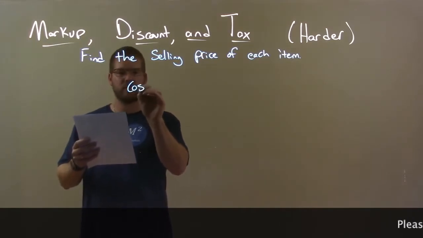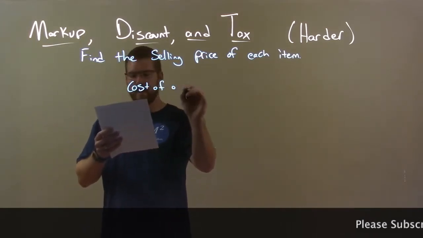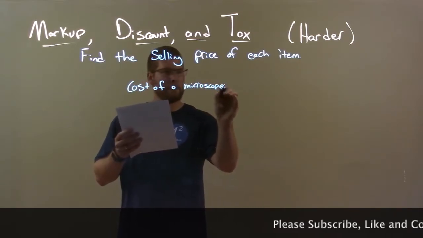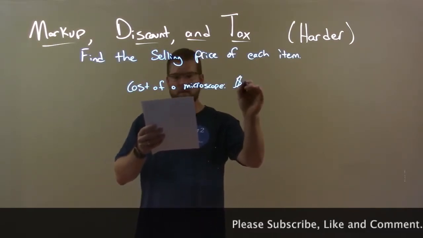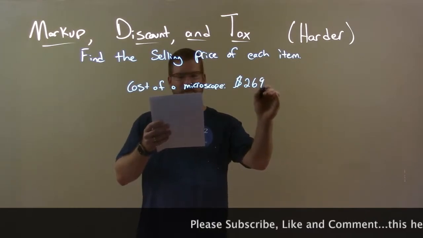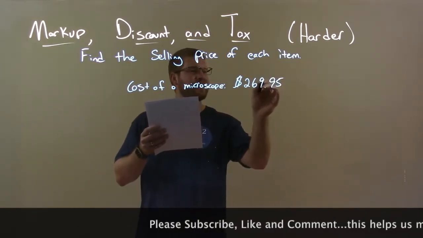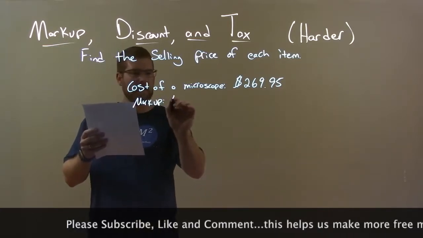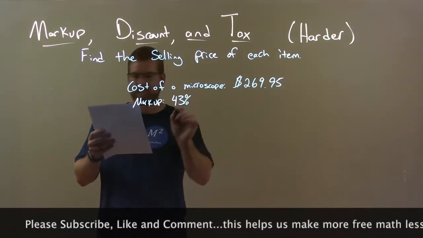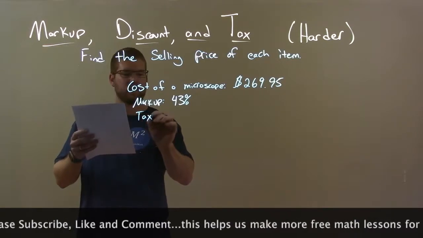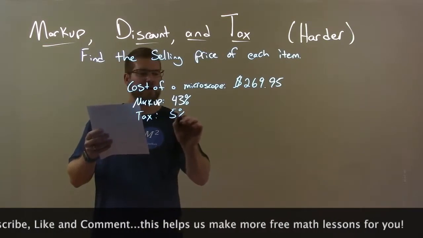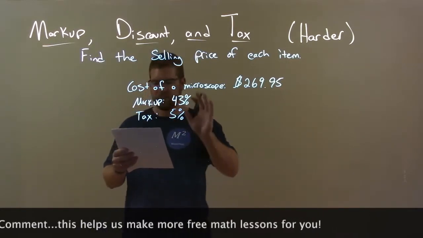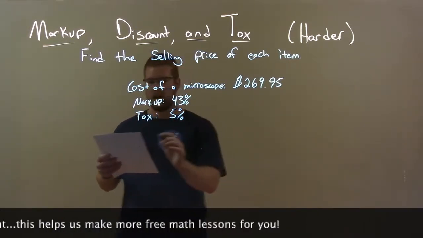The cost of a microscope is $269.95. Its markup is 43%, and its tax is 5%. Okay? Well, what I want to do now, okay, so tax 5%, as I start now with the initial cost,